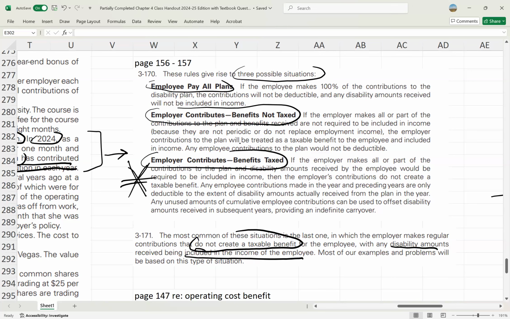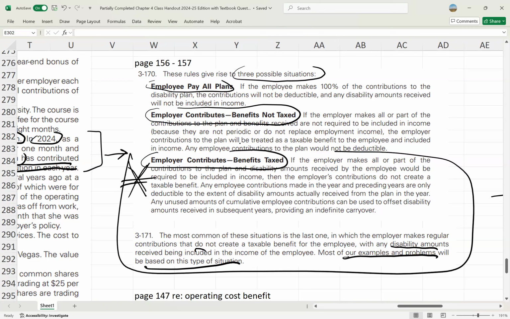But once the employee goes on disability and receives disability payments, they have to include that amount in income. And the very last sentence says most of our examples and problems will be based on this type of situation. So we're just going to assume that, unless we're told otherwise, this is the type of plan that these problems relate to. What happens then is